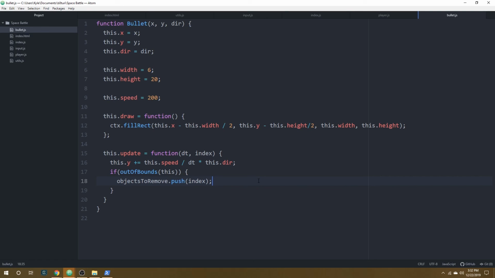If we go back and run this again, it isn't really going to look any different, but if I add a counter on the screen that tells you how many objects are in the game objects array,